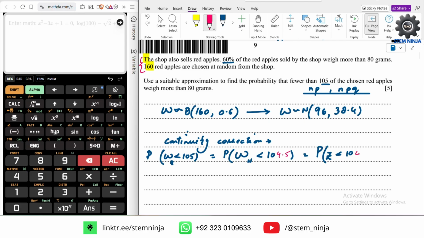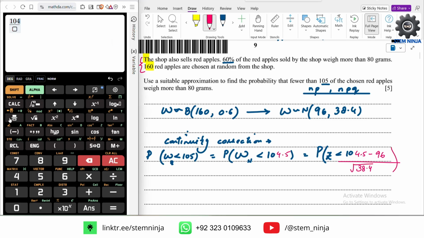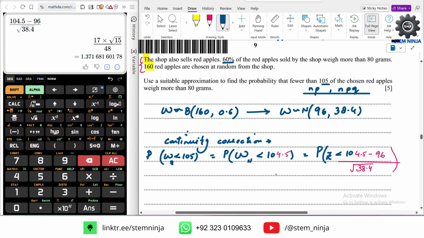104.5 and 4.5 minus 96 divided by the square root of 38.4. So 104.5. If they had written less than or equal to 105, then we would select 5.5. 96 divided by the square root of 38.4. So we get